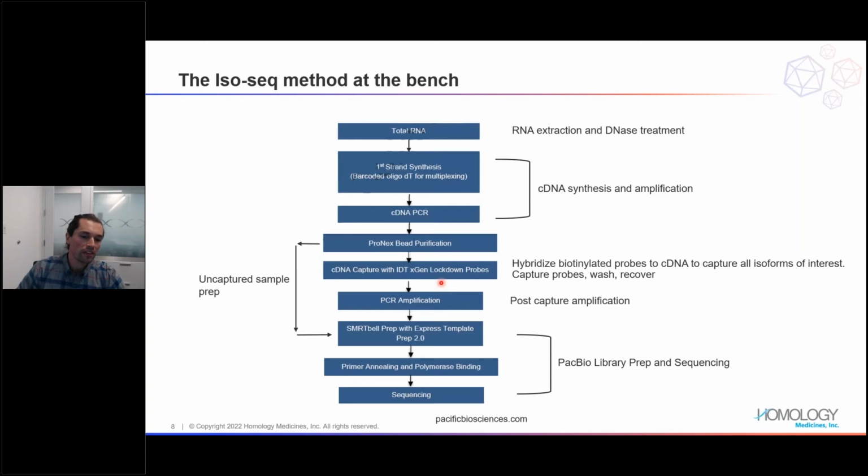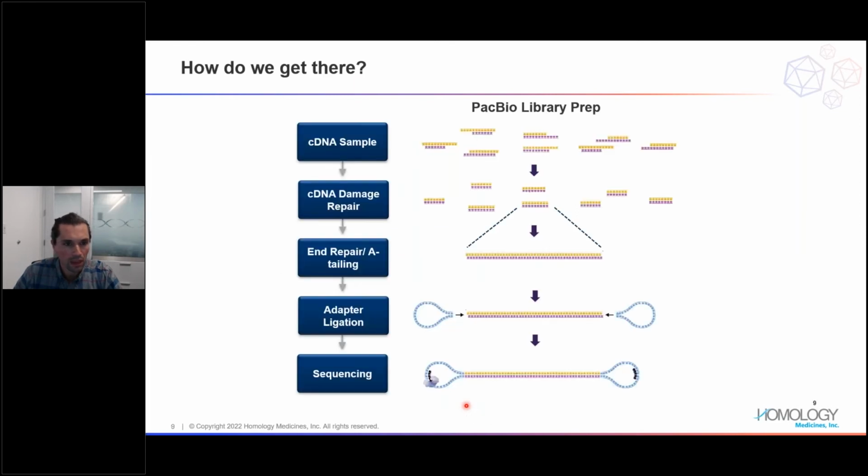You can then amplify the signal after that, and then jump into PacBio library prep and sequencing, which looks a lot like this. And so, okay, you have your cDNA sample. You can go through DNA damage repair. You do the end repair A-tailing, so you're putting A's on the 5' and 3' end on the 3' strand,